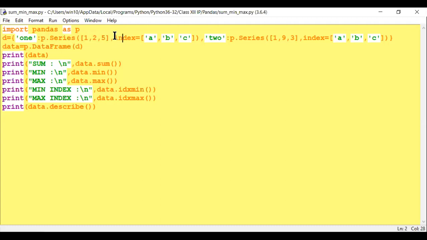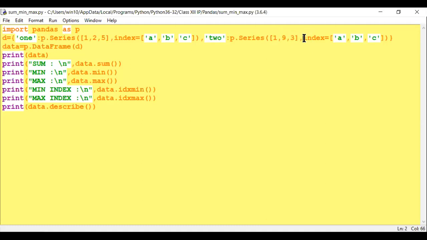Now I am creating an index. What is my index? A, B, C. This is the index. Now this is 1, this is 2. I am creating another pd dot Series. Here also my series 1, 9, 3, these are the values in the series.